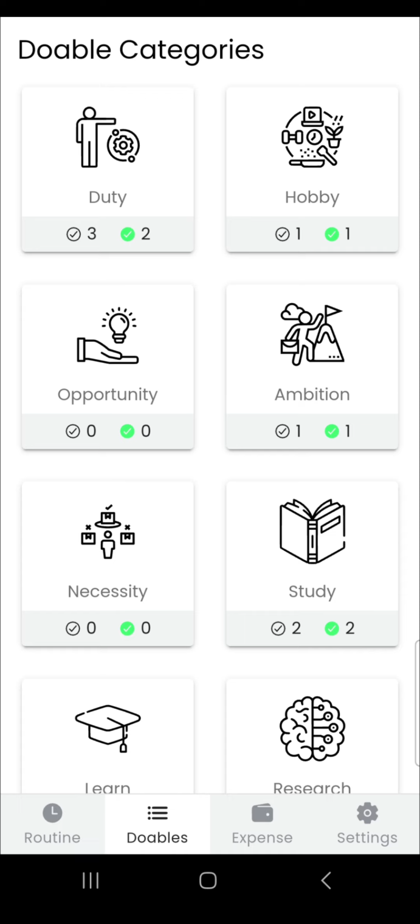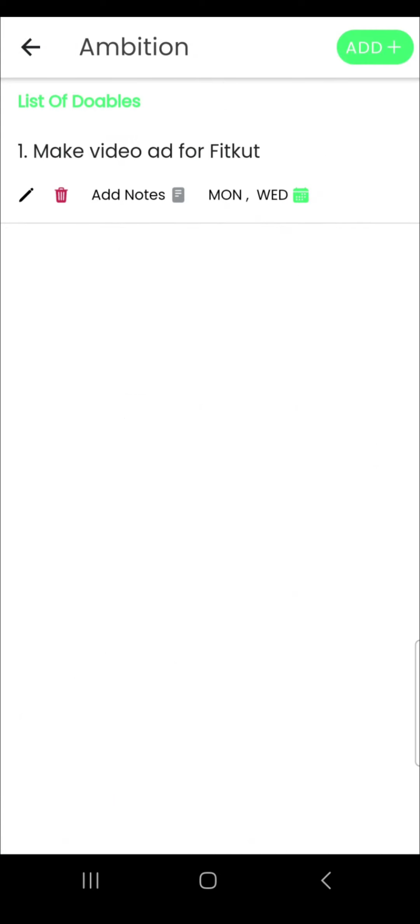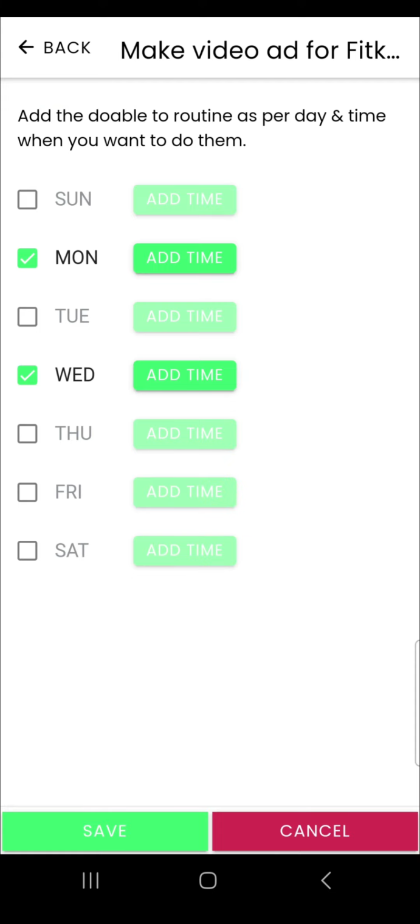Maybe the version of the app you are using is a bit different, but this is a learning tutorial where you are taught the basics of how to use it. So you get the idea. So in these categories you can add a doable and then add it to the routine. So you can see that there is a doable added and it has been added to the routine Monday and